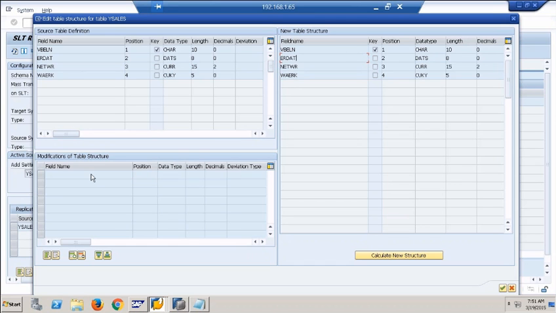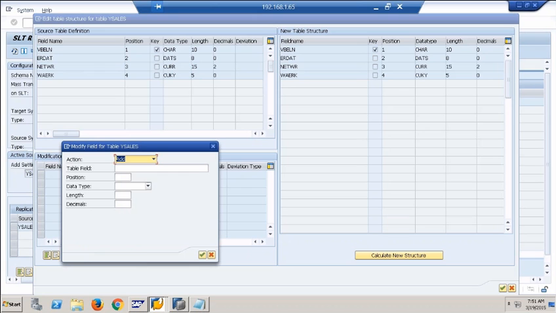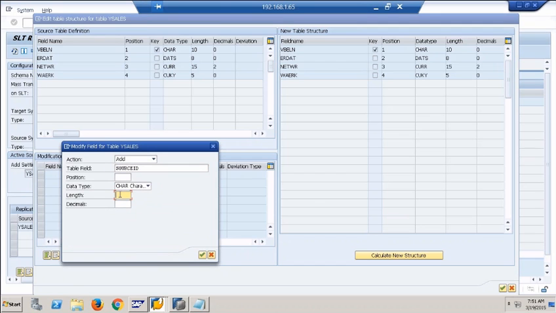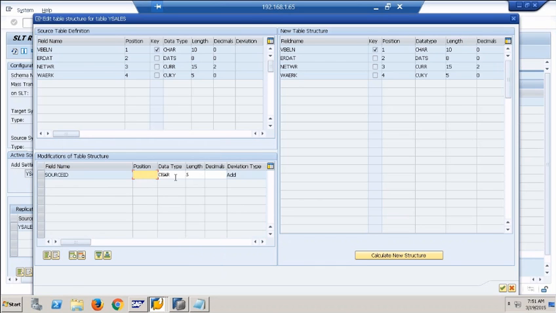So I'm not happy with these 4 fields. I would like to say what? What is this? Insert. What type of changes you want to do? You want to add or change a column or remove a column? I would like to add a column. So I'll say I would like to add a column called source ID. That column should be of data type char and say something like 5 length. Okay. ఈ కొత్త కాలం యాడ్ కావాలన్నా ఇక్కడ నేను క్యాలిక్యులేట్ న్యూ స్ట్రక్చర్